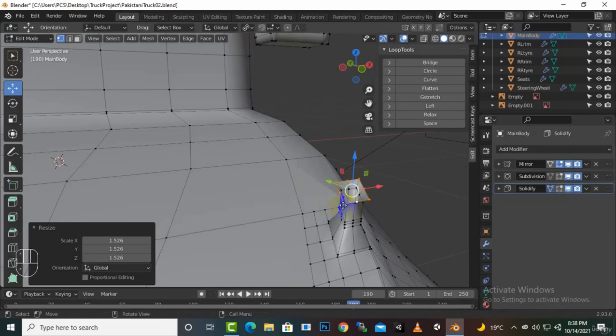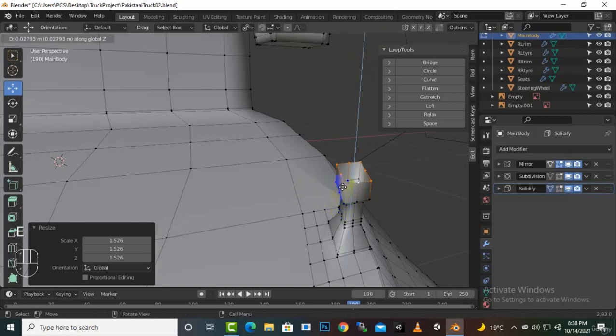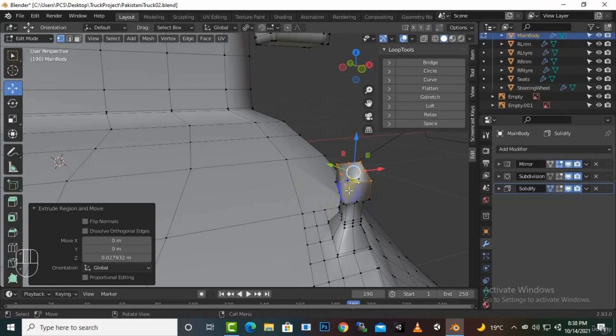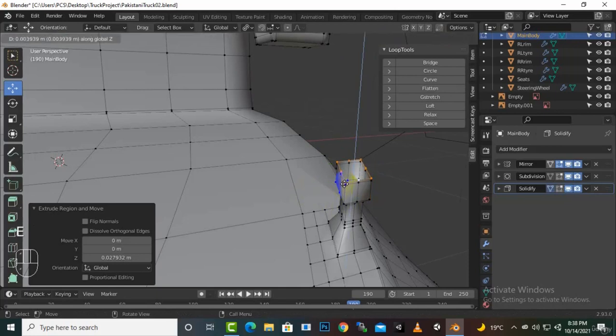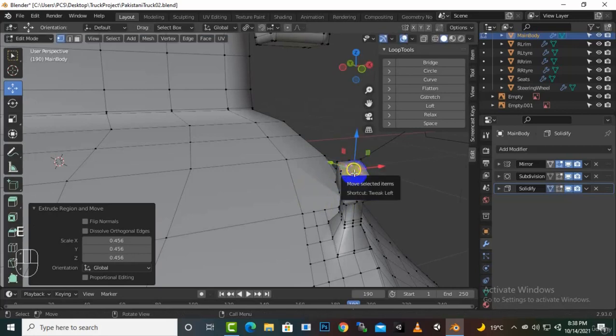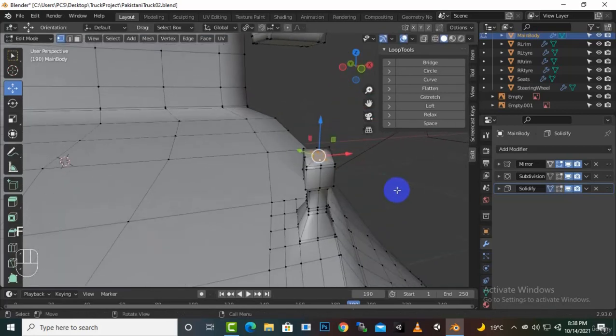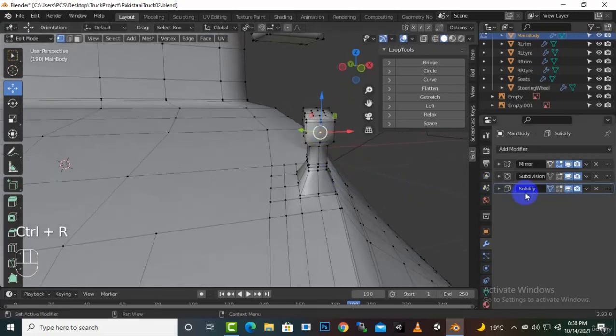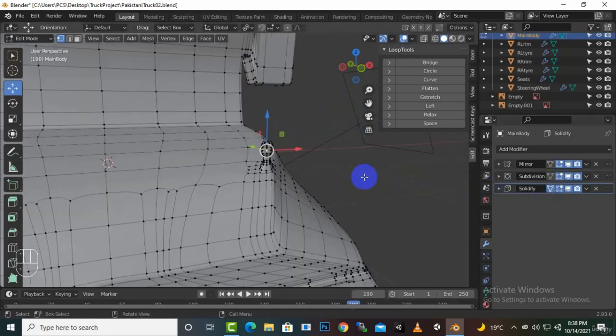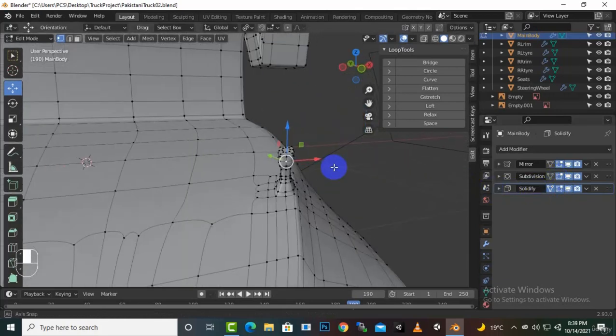And then we will just extrude it to z-axis again, and then we can extrude it to z-axis a little bit more, and then ES, and then finally F to fill out the faces. And here we will just select this section, and if we apply this thing, you can see we have a light type effect here, although the light is not